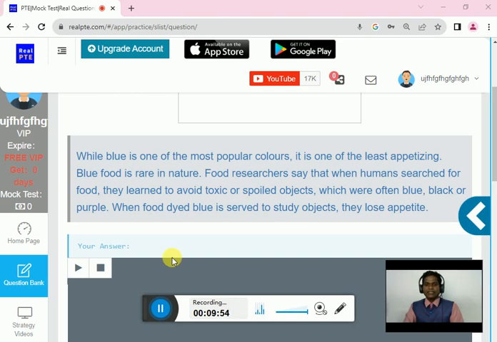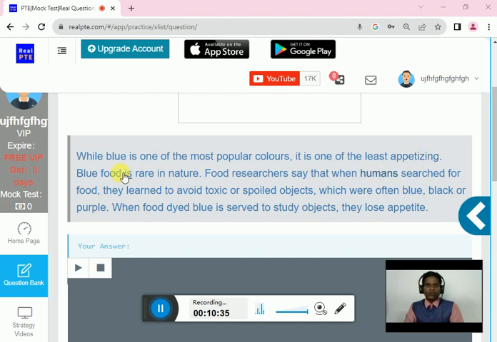Another rule is to use something instead of a difficult word. In the real test exam, the computer will give you 40 seconds for practicing, and within 40 seconds you have to read and find out whether difficult words are given or not. Suppose appetizing is given and I can't pronounce this word, then I have taken the decision that I have to say something instead of appetizing. Then when my current status recording starts, I have to say something.